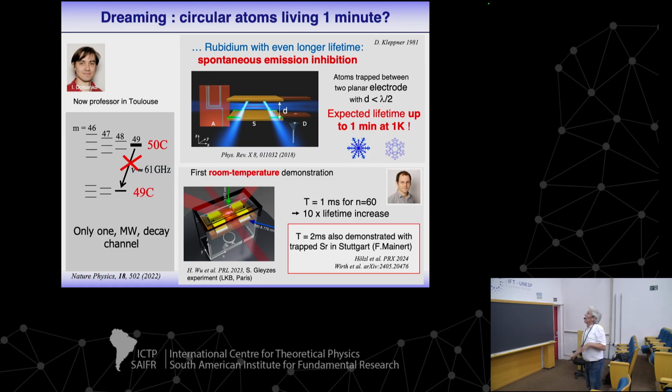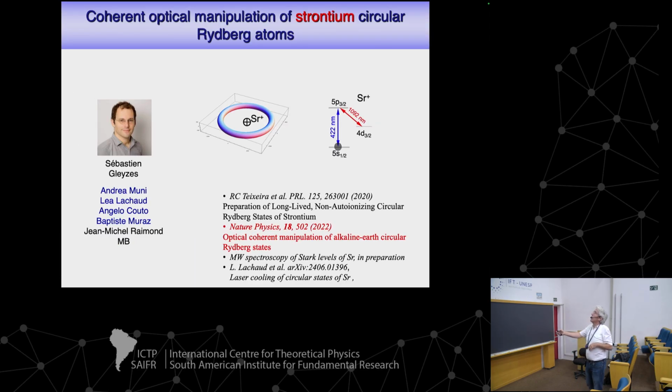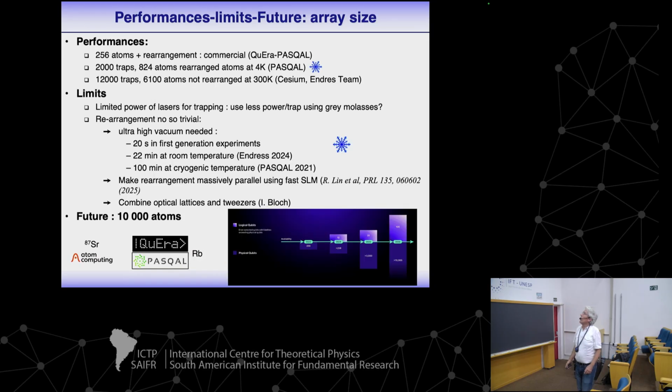So I will drop this, where we are mentioning the other activities of the group around control of spontaneous emission, about using another kind of atom for circular Rydberg atoms for quantum simulations. Strontium atom is interesting because once you prepare one electron in a circular state, the core electron, which is an ion, has some optical transition, which gives another button to manipulate the circular state. And then I just conclude with more general consideration about where we are with the Rydberg atom quantum simulator